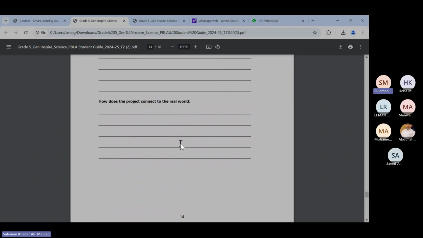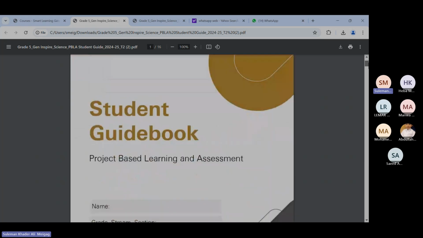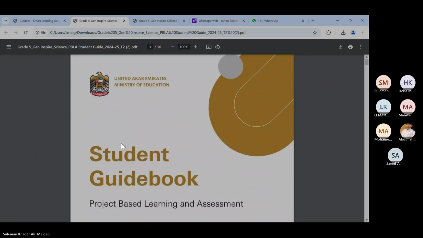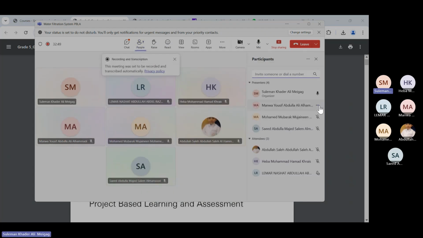Okay. So this book is from the Ministry, for the project. Project-based learning and assessment. Okay. And each person can take part. Okay, so